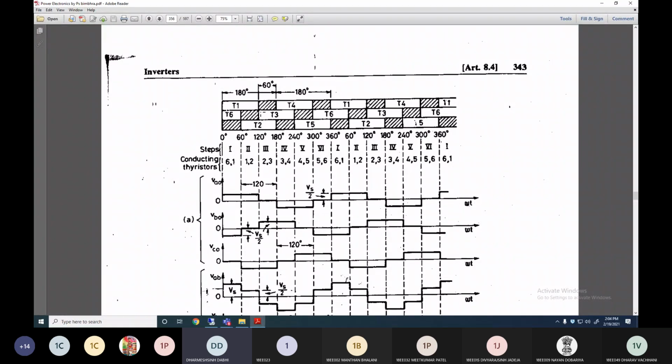But in most practical conditions where we require very little harmonic content, we use the SPWM techniques in the 3-phase inverter. Same as we saw in the previous practical, bipolar and unipolar techniques. In that we saw that the unipolar technique is best suited to remove the lowest order harmonics. So in the same way you can also use the SPWM technique, sinusoidal pulse width modulation, or unipolar PWM techniques in the case of 3-phase inverter also.